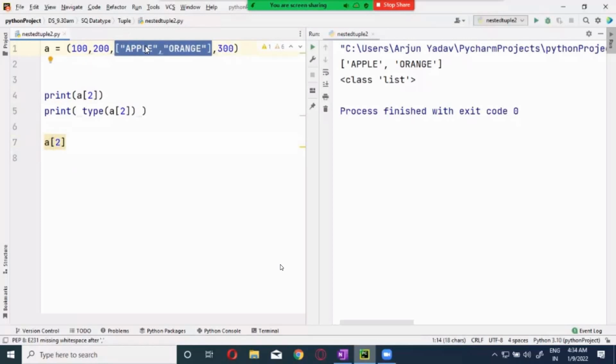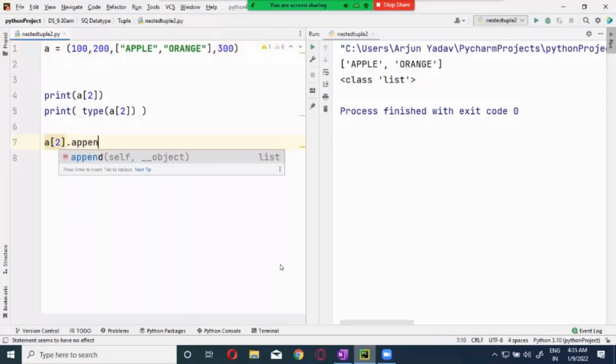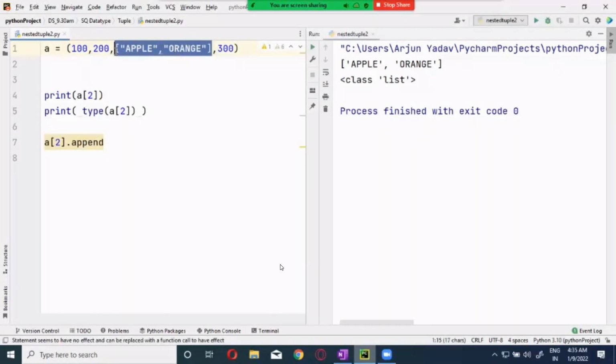Now, this is a list, so whatever properties of the list are applicable over here. One property of the list is append. Can I do this? Yes, because this itself is pointing to a list. Now I can do the append over here. Yes, you can do it, no problem.